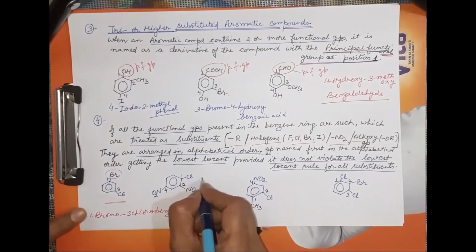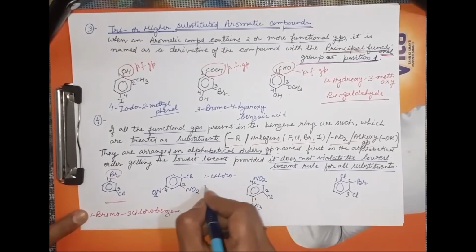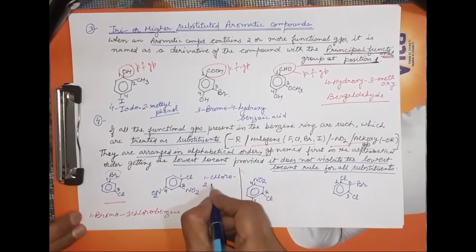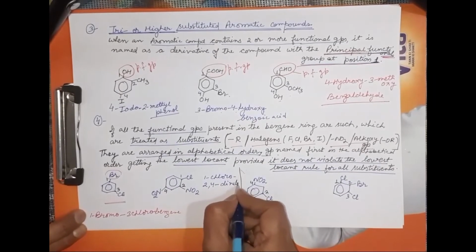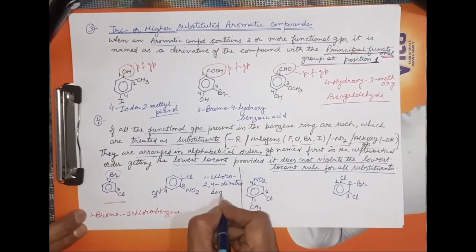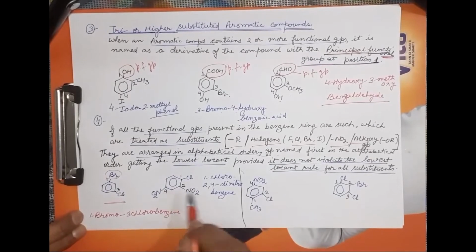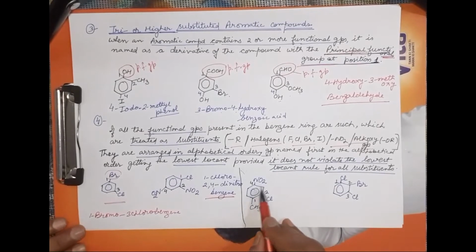Name will be 1-chloro-2,4-dinitrobenzene. So in this case, 1-chloro-2,4-dinitrobenzene. And another example we can see here, this benzene ring is having one NO2 group, one Cl and one